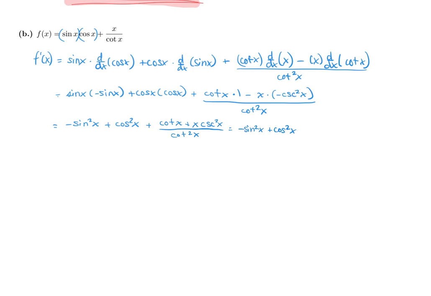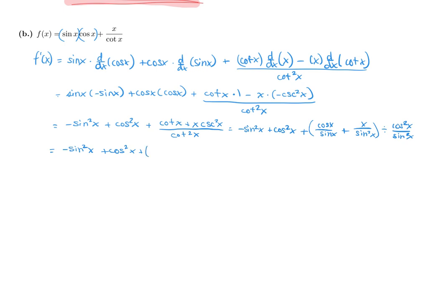right? Plus, now turn all of the cotangents and cosecants into sines and cosines. So cotangent would be cosine x over sine x plus x, and cosecant is 1 over sine x, so that'd be sine squared x. And it's divided by cotangent squared, so it'd be cosine squared x over sine squared x. So if we do that, we can simplify this to negative sine squared x plus cosine squared x